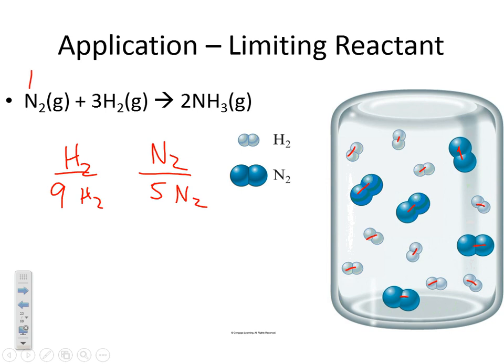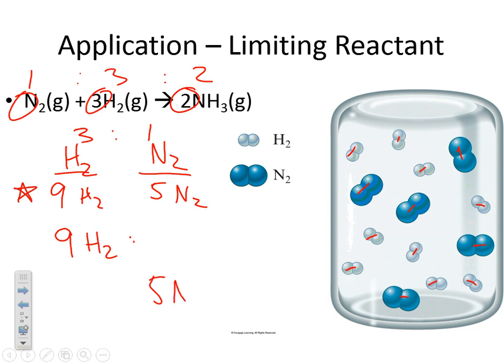Again, we have a 1 to 3 to 2 ratio based on the stoichiometric coefficients. That has not changed. There's a couple different ways you can approach this problem because it's pretty obvious that the ratio that we have here is not the same as the correct 3 to 1 stoichiometric ratio of hydrogen to nitrogen. I'm going to talk about both of them because they're all totally valid. And the first thing that you can do is basically take each number that you start with and then think about what you need with that number,